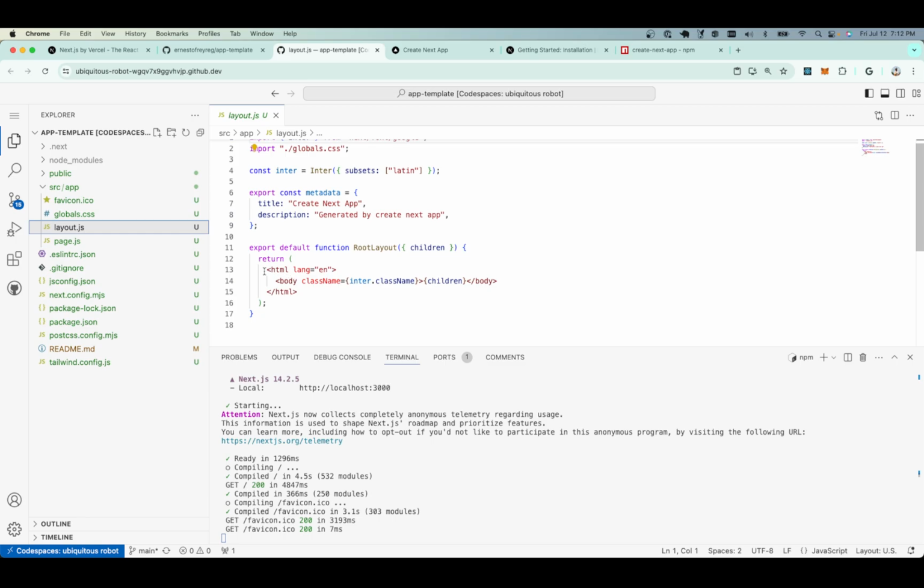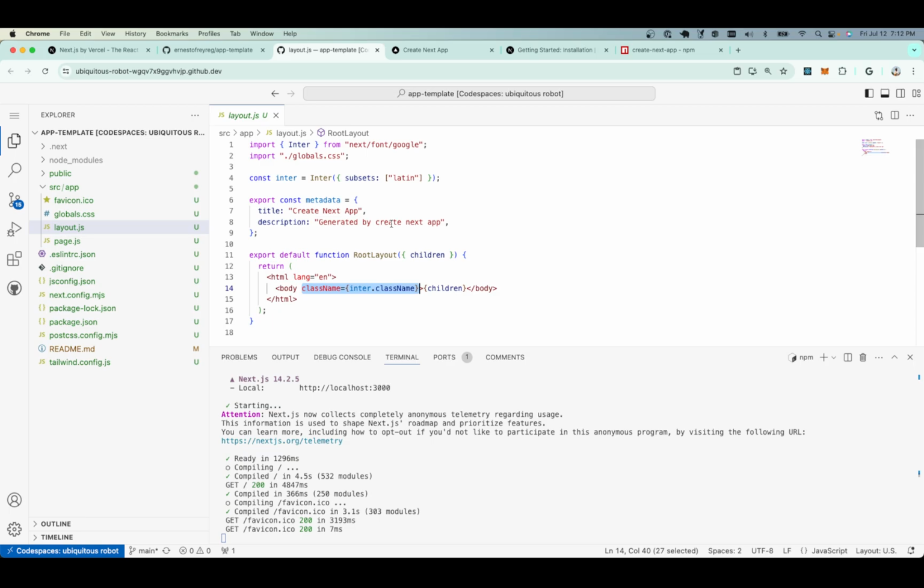It has an HTML tag and a body tag. And by the way, this is just to set the font. In this case, and that's the other nice thing about Next.js, it already includes all the fonts from Google. So if you want to use a different font,